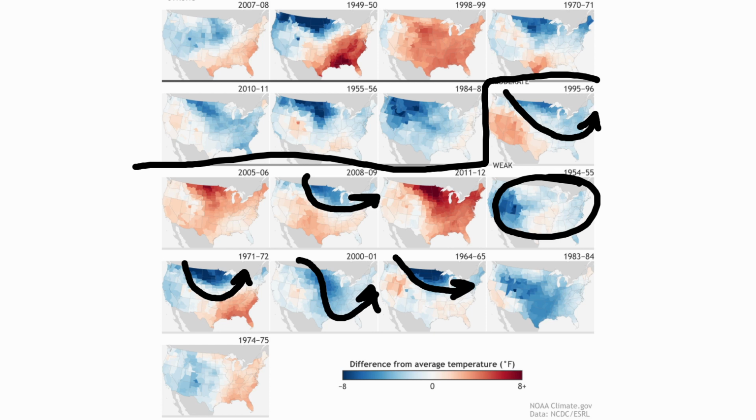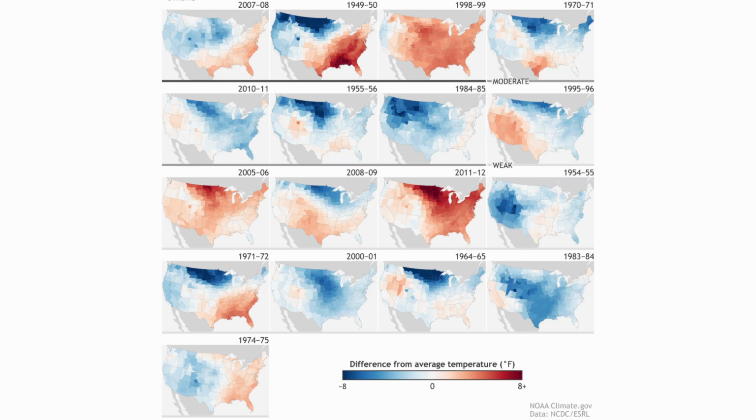83, 84, we had what happened with Alaska, where you have that ridge going all the way up into central Alaska, and that means that your trough is going to go way down to Texas or even Mexico at times. So they were really cold for that year. And then, of course, we have the outlier year of 74, 75.